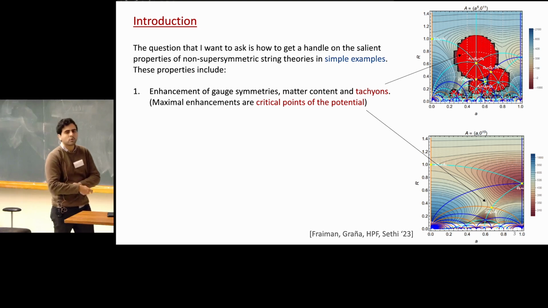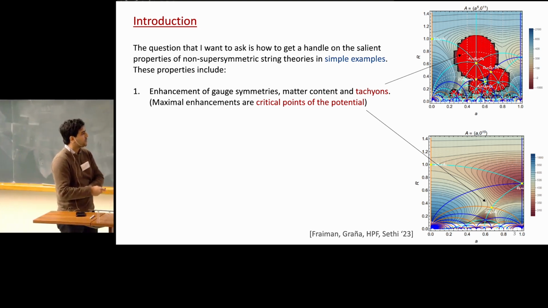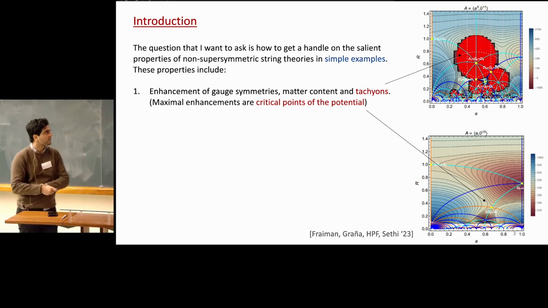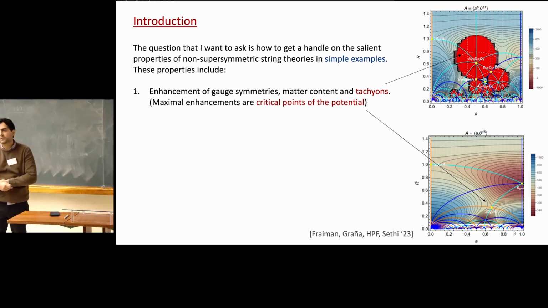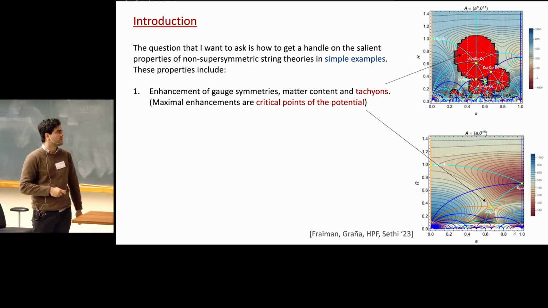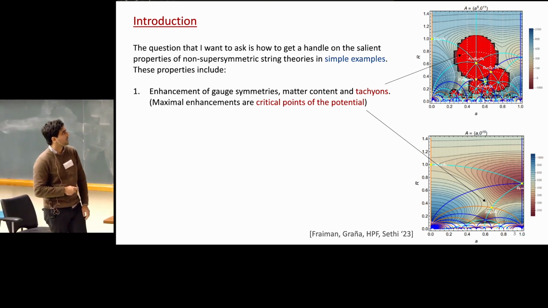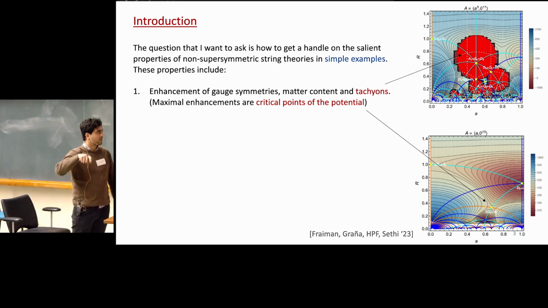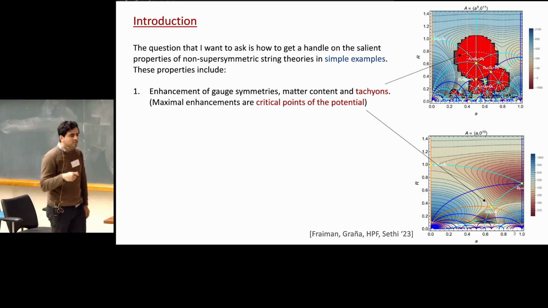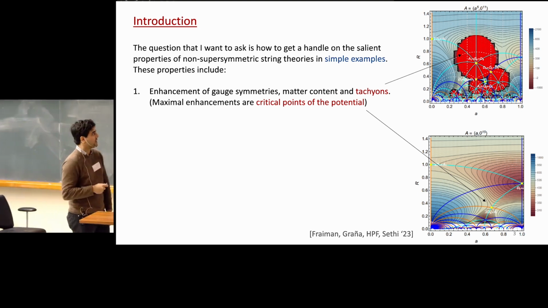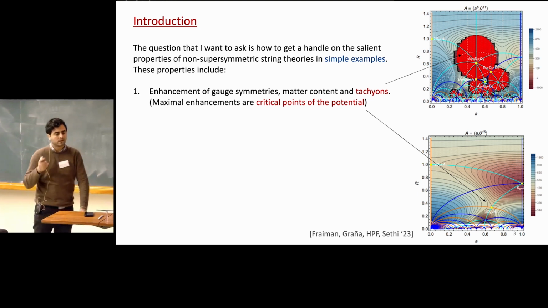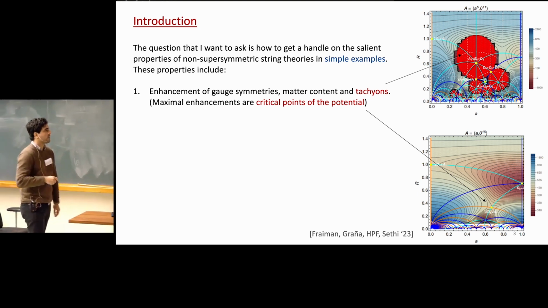What I want to show you here is this. You can think of it as a moduli space classically, but of course you have a potential because the theory is not supersymmetric, but still you preserve many properties that you see in supersymmetric strings, like for example symmetry enhancements. But of course now you have tachyons. This is a common problem. But see here, this is very nice. You have enhancements, and there are maximal enhancements here that extremize the cosmological constant. This was shown by Ginsparg-Vafa back in the 80s.